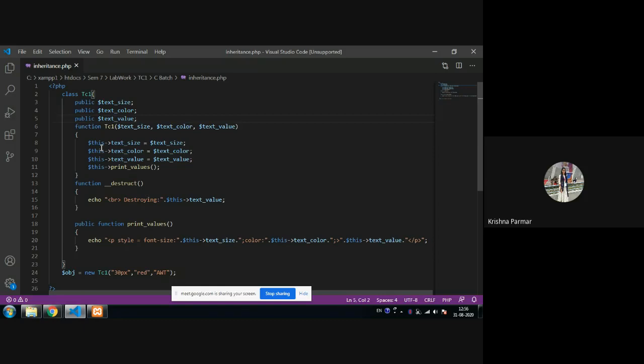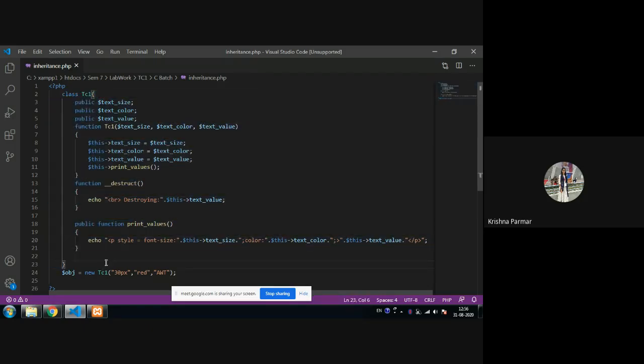So inheritance is like deriving all the properties of your base class, as well as you can add your own properties also. Some of the behaviors come from your father and mother, but some are your own. So that is your derived class: it can use the base class properties, as well as have its own properties also. Here we already created one class, that is the class TC1.